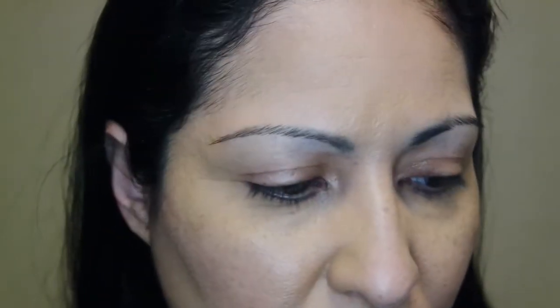Okay, so I'm going to turn off the light and see how this looks. Okay, so this is in actual lighting. Not really good lighting at all around me, but you can see some foundation here, right here by my lips, in the crevices of my lips, and the crevices of my nose, my face, where my cheeks are. But all in all,